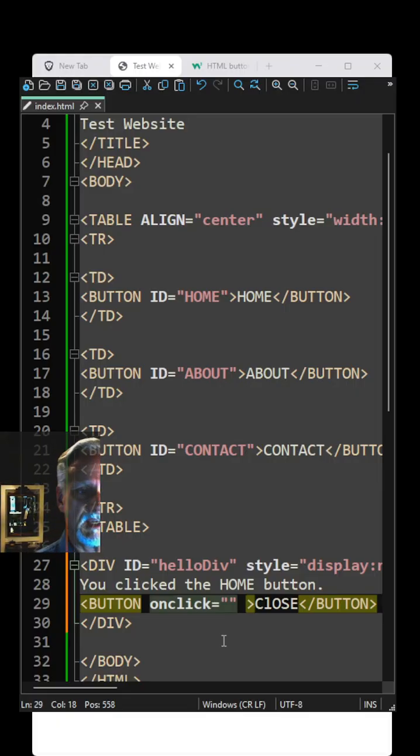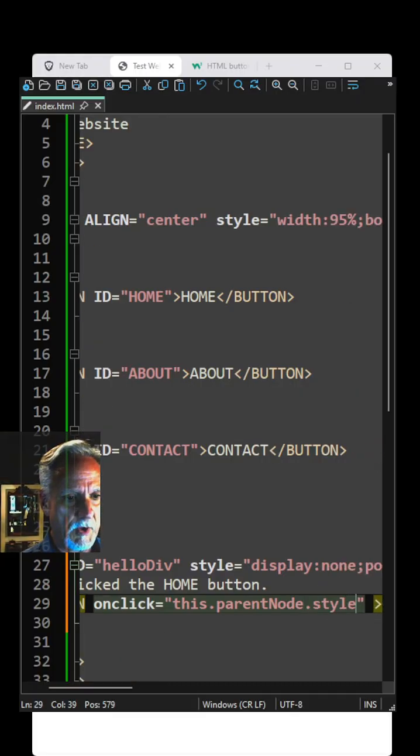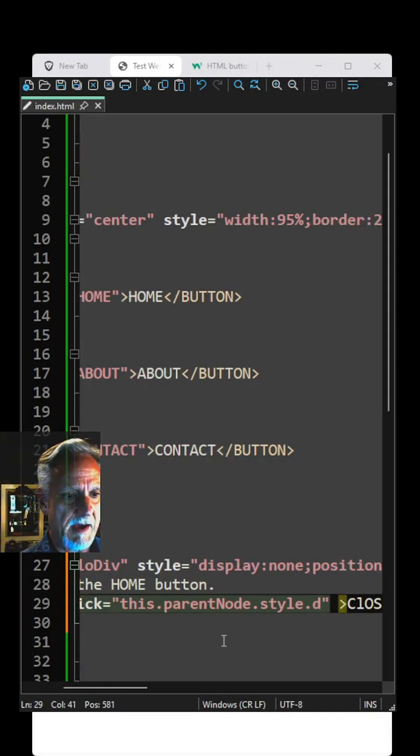That means it's going to be given instructions to do something when the button is clicked. So on click, I'm going to say, I want you to look at this object, and then I want you to look at the parent node, which is going to be the div where it lives. And I want you to change the style, the display aspect of the style,